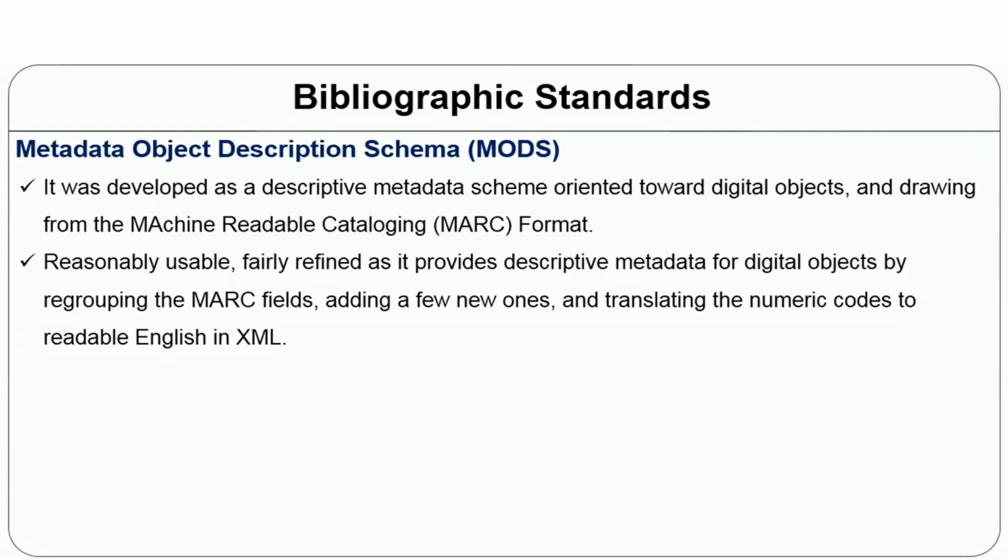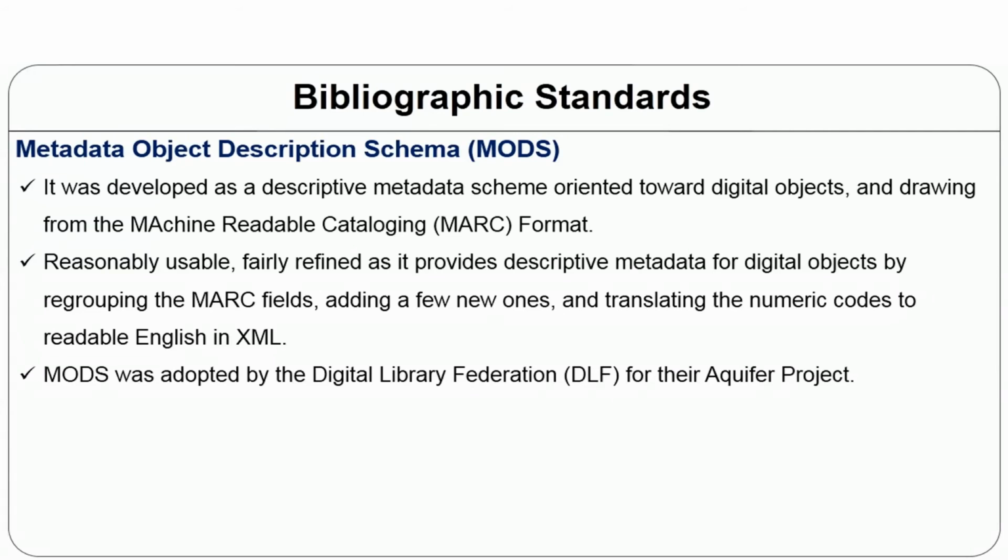Then if it is defined for any material, it becomes a kind of big book. So you have to group it in certain ways. So regrouping the MARC record into a new one, and translating the numeric codes to readable English in XML.